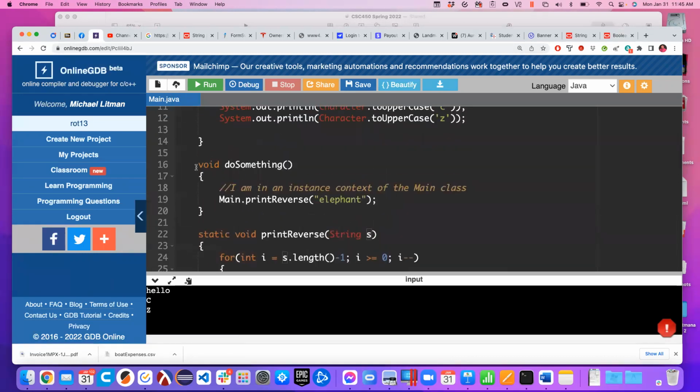Here, there's a static method that takes no parameters. It might not do something that's all that great, but it's legal. You can create a static method that doesn't take any input, but it's not going to know about really anything. It's not going to have any state on which to operate. All right, that makes some sense. So at this point in time,